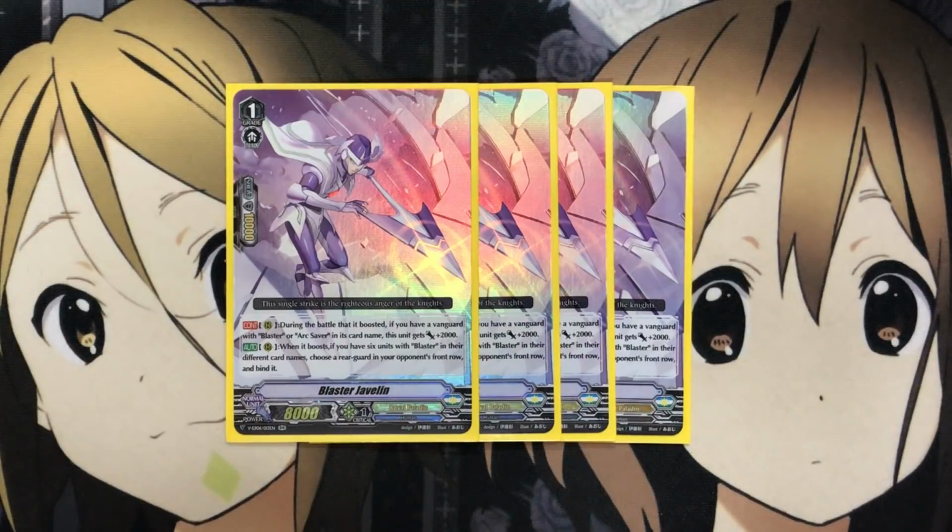If you have a Vanguard with Blaster or Arc Saver in its card name, this unit gets plus 2,000 power. And when it boosts, if you have 6 units with Blaster in different names, choose a rearguard in your opponent's front row and bind it. So it's not really a retire skill like Blaster Blade, but the bind definitely does come in handy,